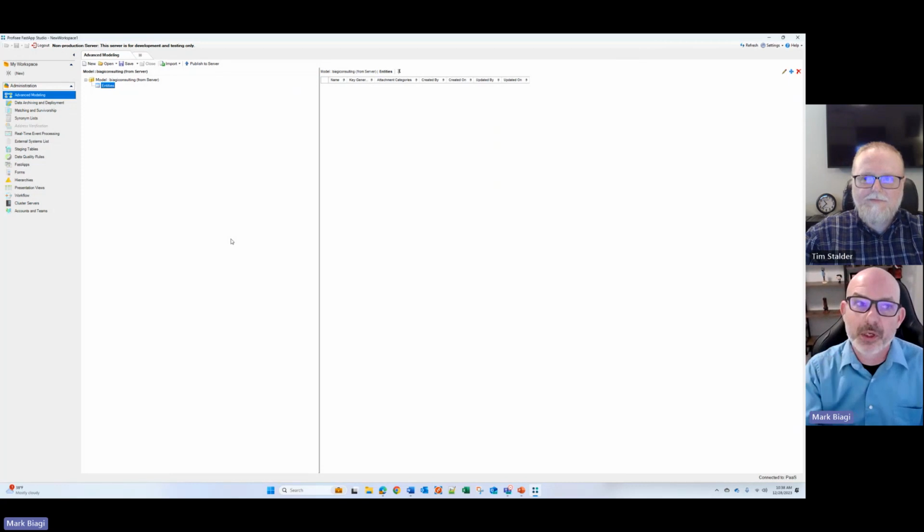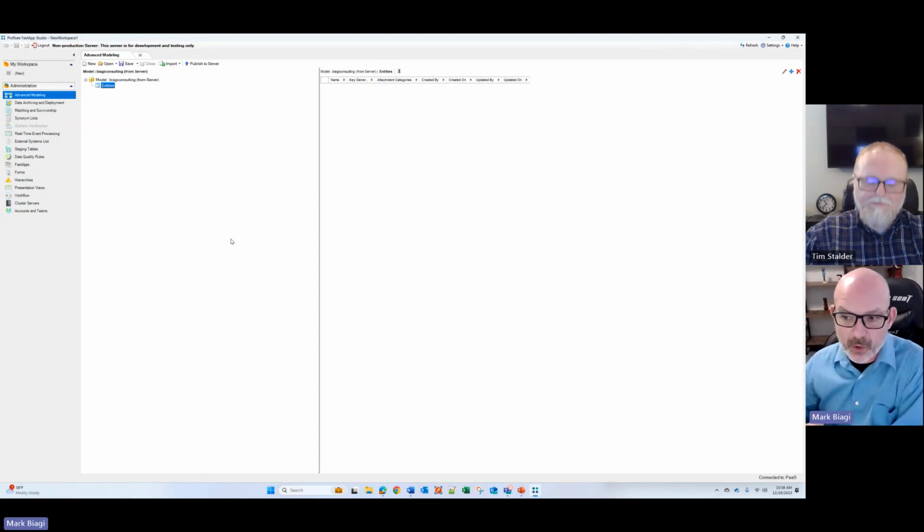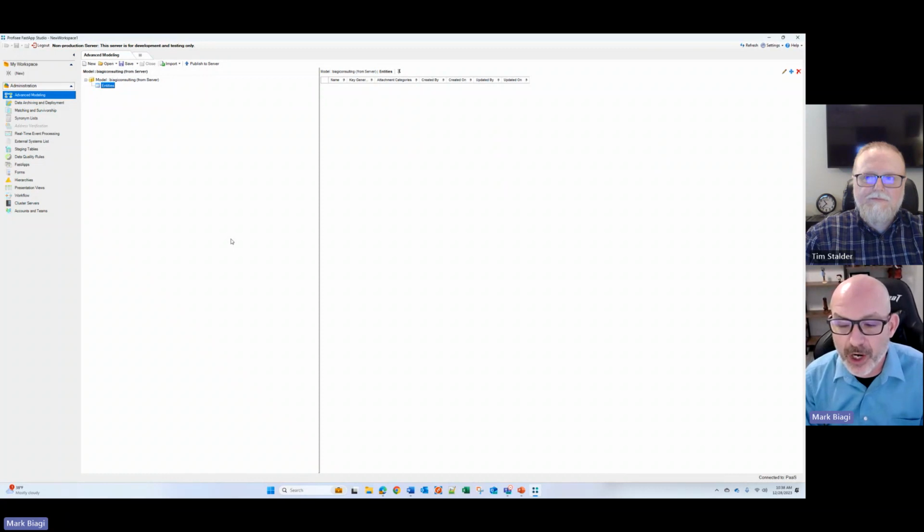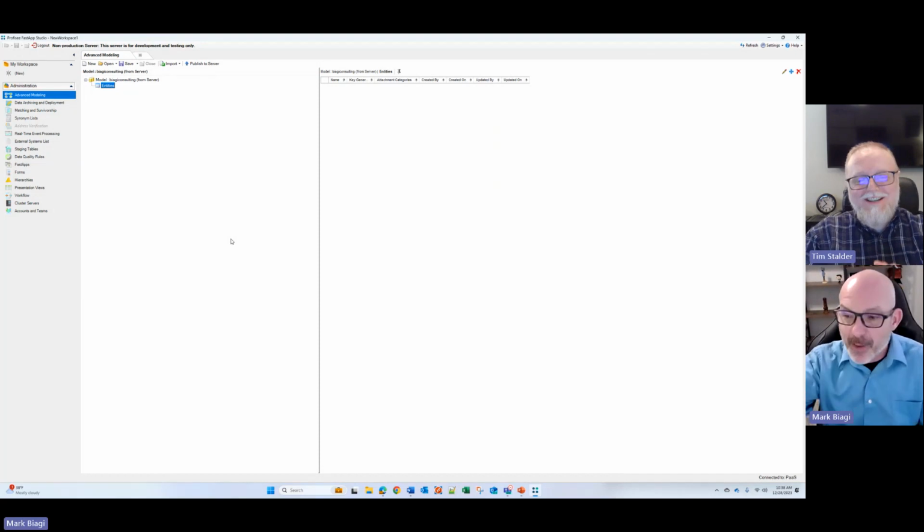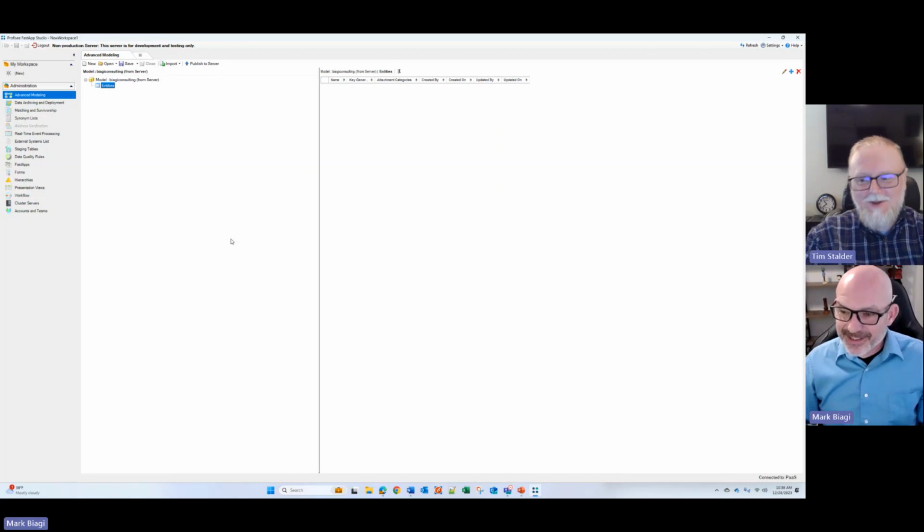Now, if you're going to ask a deployment team to do Profisee deployments, take a configuration from dev and put it into test or prod, that team, whoever's going to do it, has to be trained and has to know how to work with the environment. It's not point and click. It's not for the faint of heart to just do a deployment. Maybe that's a good topic for another video. It really would be, because most of those deployment